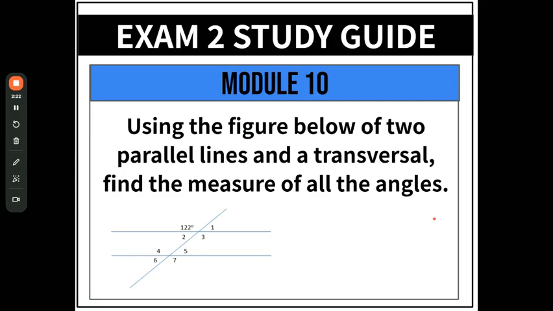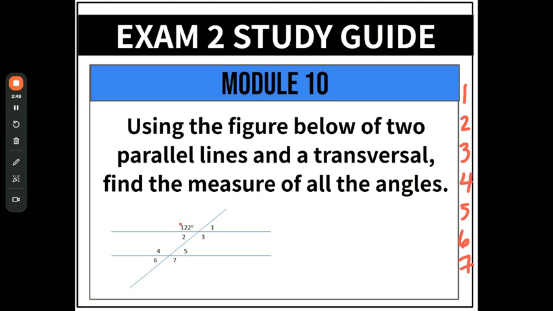Use the figure below of two parallel lines and a transversal. Find the measure of all of the angles. Okay, so I'll write our answers over here. 1, 2, there's 7 different angles that we need to take a look at here. Okay, and there's not a whole lot of math. There's a little bit, but when we have a picture like this, we have to know